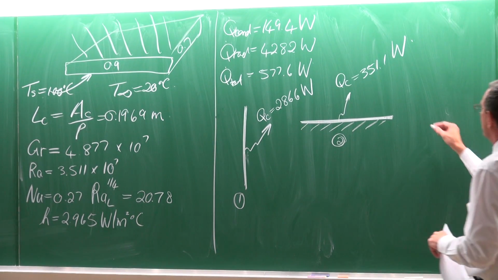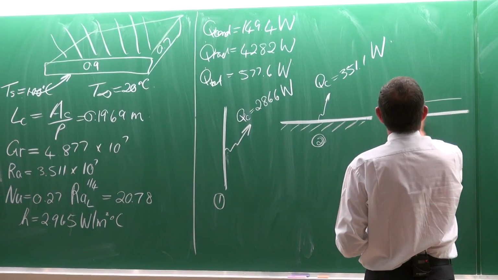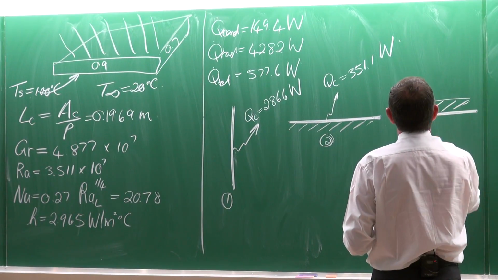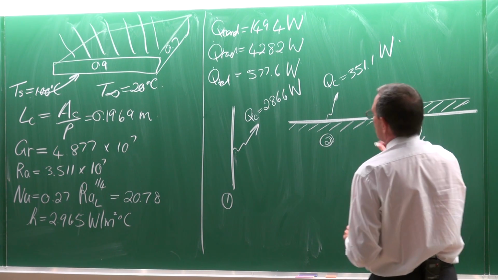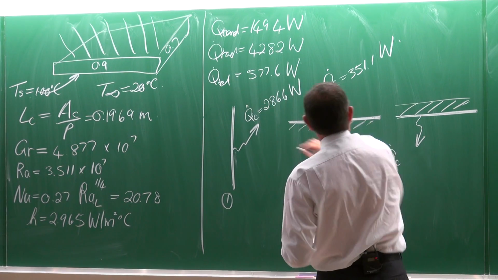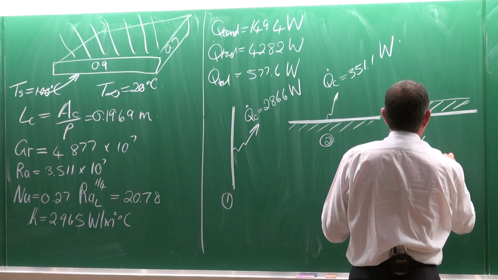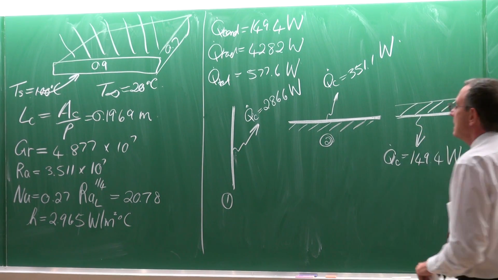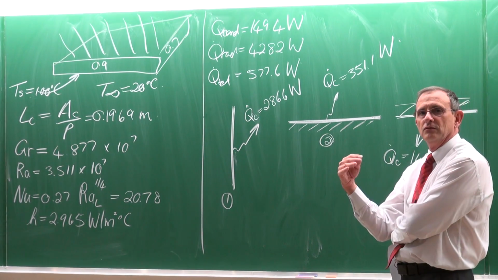And then the third case was where the heated surface was at the bottom. The convection heat transfer rate from there was equal to 149.4 watts. The radiation for each one of them is the same,